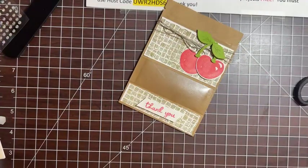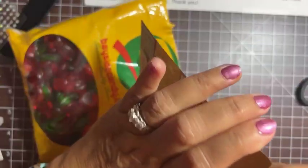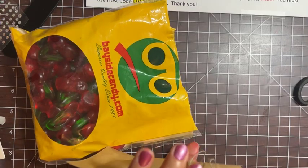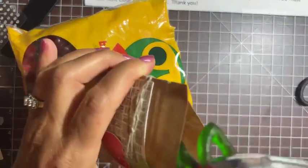Okay, the other thing you could add to this, if you wanted to, and I think we will, because why not, is just to add the little bit of veining again. And we'll just add that right onto our cardstock. Whoops, I got red there. That just adds a little extra something, right? It's subtle, it's not super dark, but